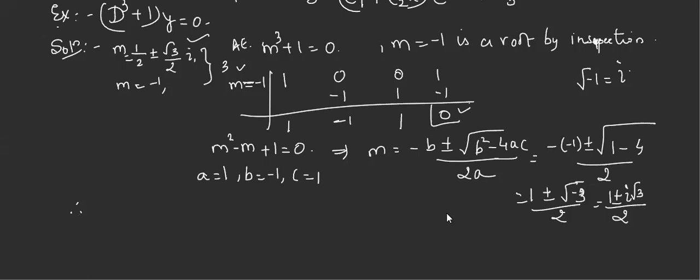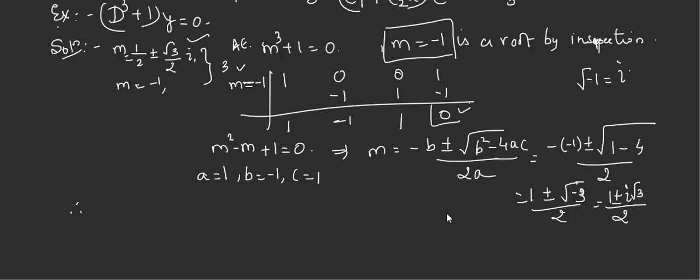So if you solve this equation, the auxiliary equation is m cube plus 1 equal to 0. Let us find the roots by synthetic division. m equal to minus 1 is a root by inspection. This is obtained by substituting that value directly in the equation. If it satisfies, that is a root. Clearly, minus 1 cube is minus 1, plus 1 will be 0. It satisfies. Okay, let us find the remaining roots or the depressed equation.